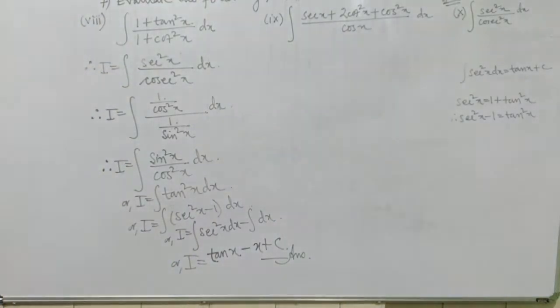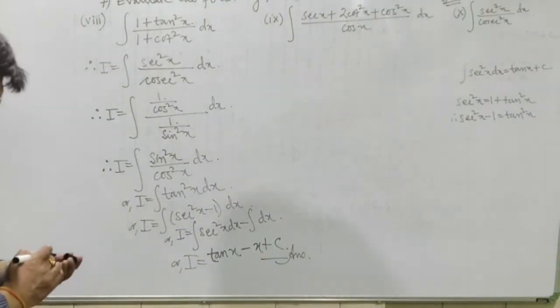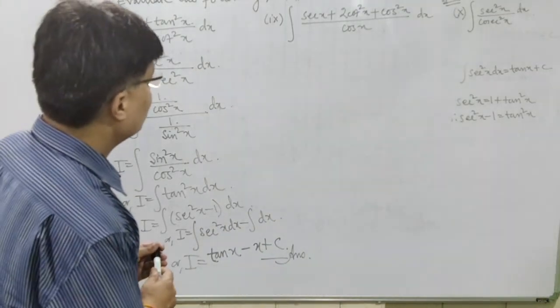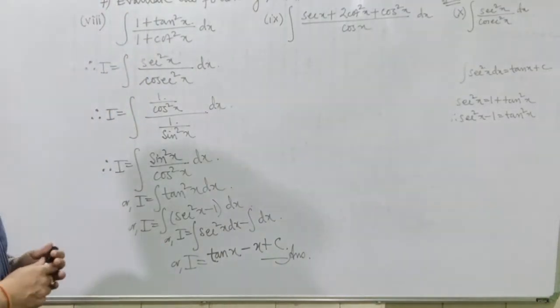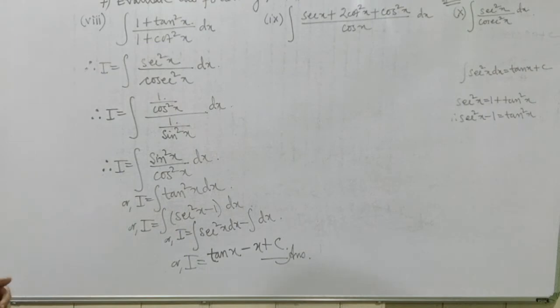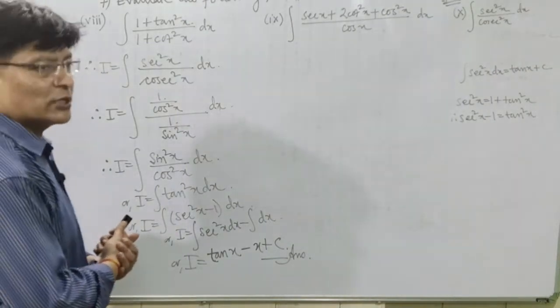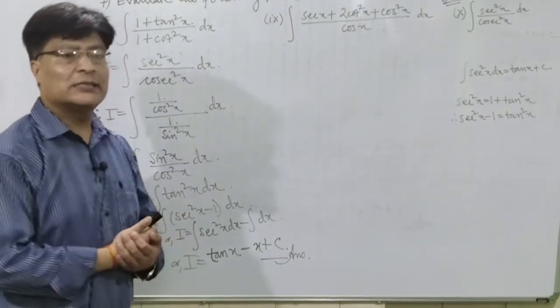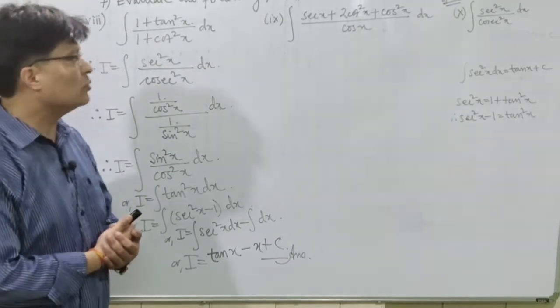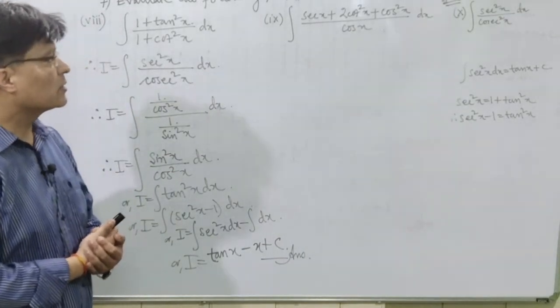So you can copy it. This is question number 8. Okay. So now let's do question number 9. In question number 9, you have to integrate sec x plus 2 cot square x plus cos square x